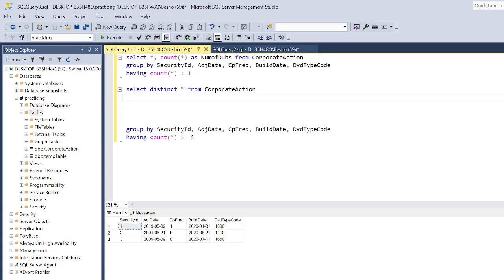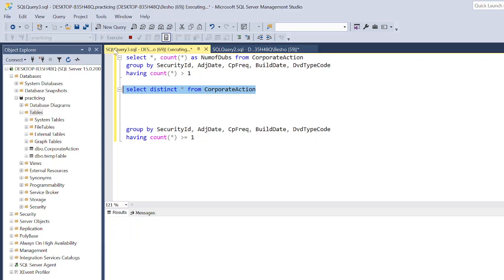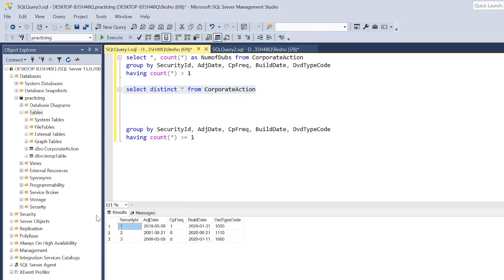So basically what the distinct keyword does for us, it just groups by all the columns. So let's go ahead and run that. Same result. Okay, so our following step to eliminate the duplicates that we have is to